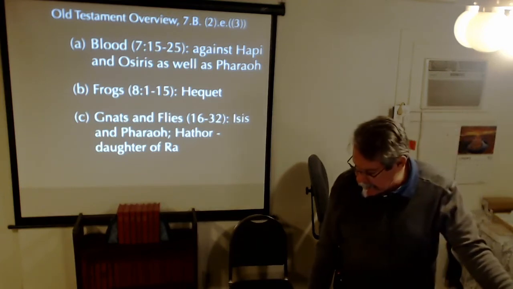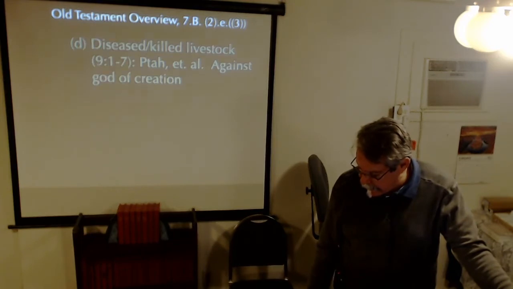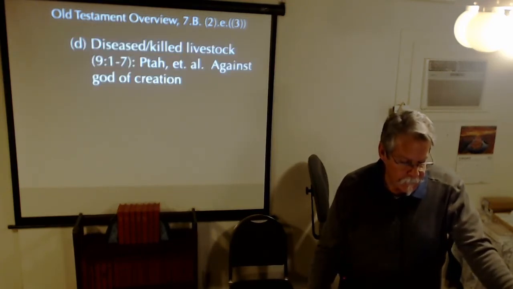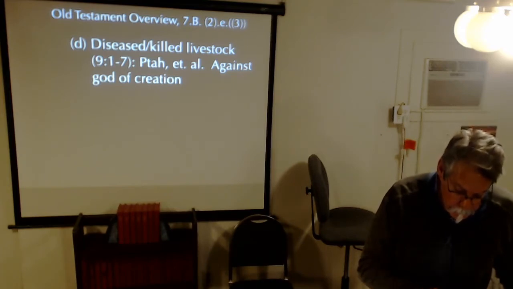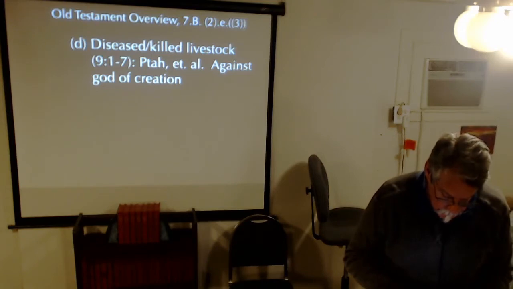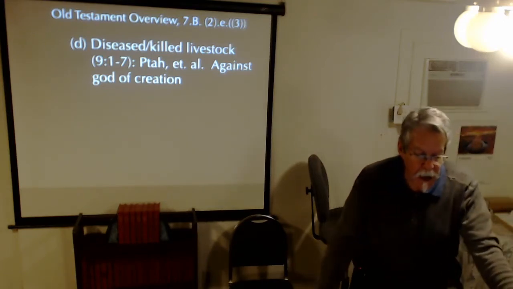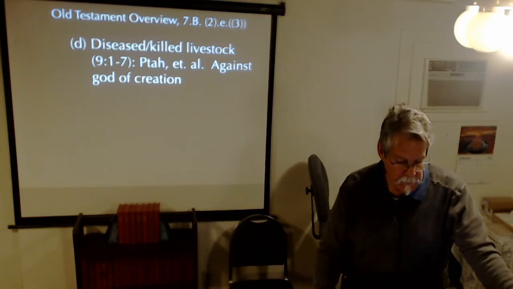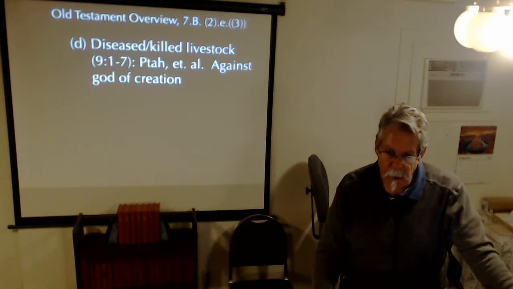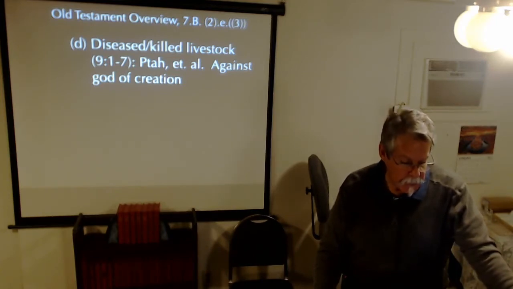So now we're in little d, d with single parens around it. So 7b, 2e, 3d. The fifth plague: diseased or killed livestock. This is chapter 9, verses 1 through 7. So this plague, as well as the coming sixth plague,